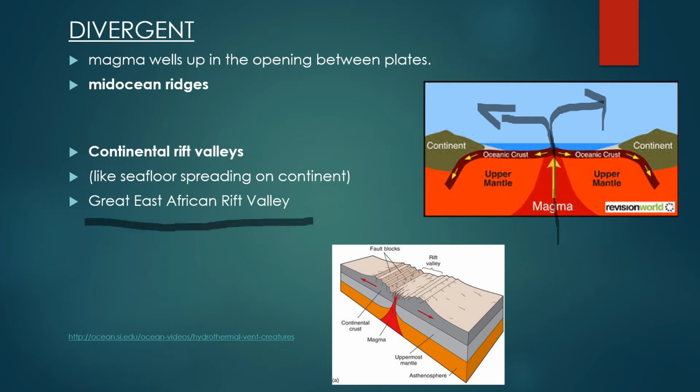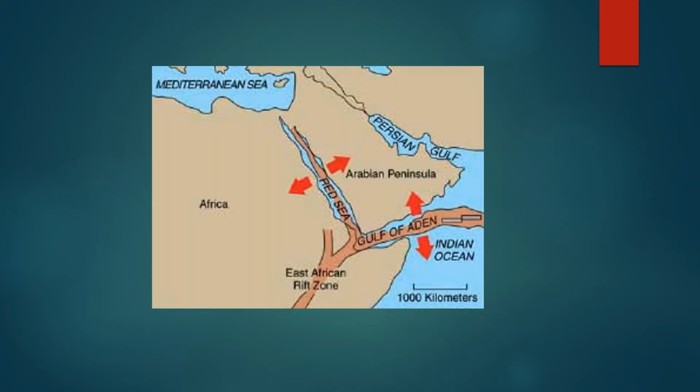And we see this in one place, and it is the Great East African Rift Valley. So it's kind of like what's happening here, but it's over a continent. So let's look at that. I will have a video about this continental Rift Valley. What's going on here is you have the continental rift zone. You have this continent, and you have this pressure coming up, and